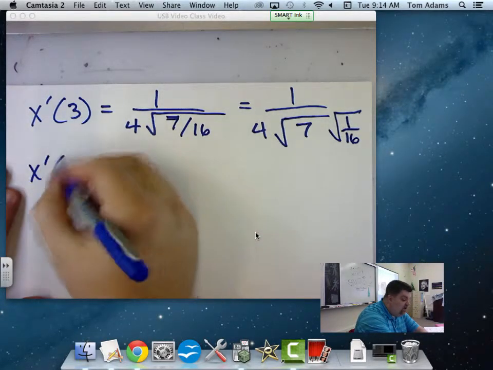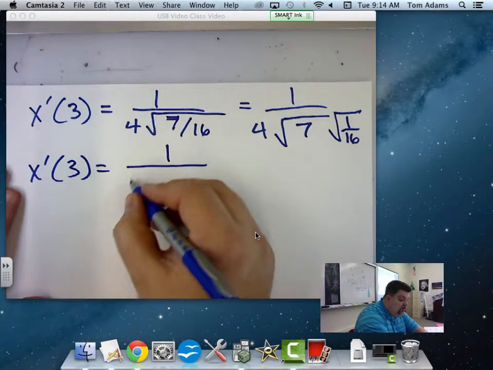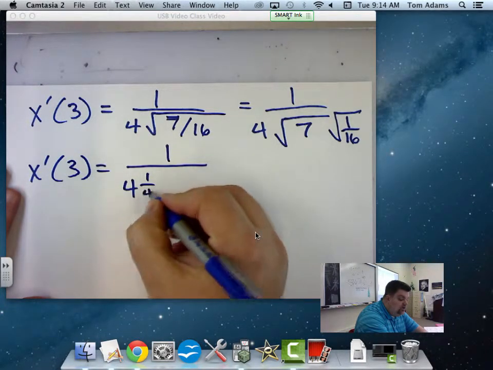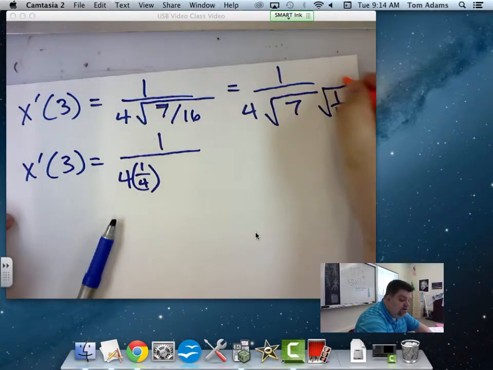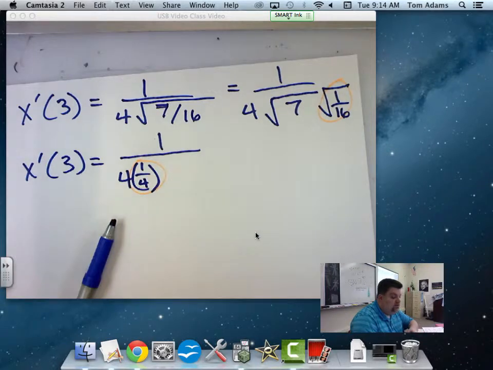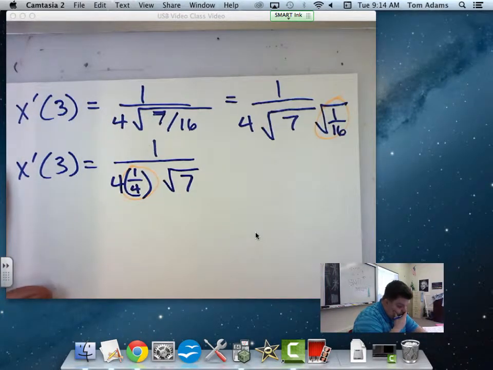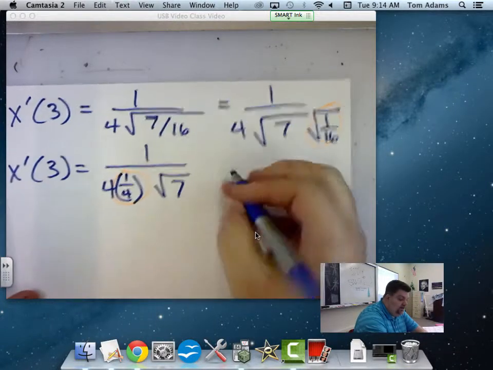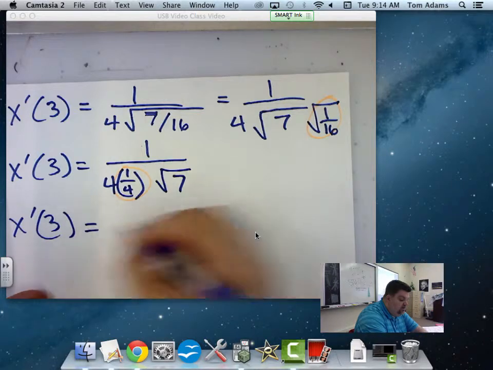So I have, and I'm writing out each step so that way you guys can see, 1 over 4 times 1/4, right? Because that comes from this. The square root of this is this, times the square root of 7. So then it's 1 over... Yeah, so then we get